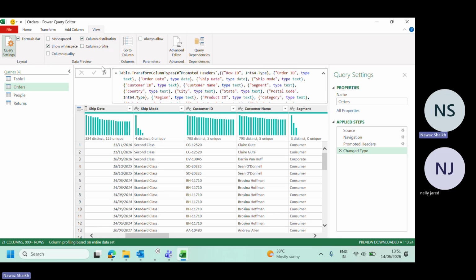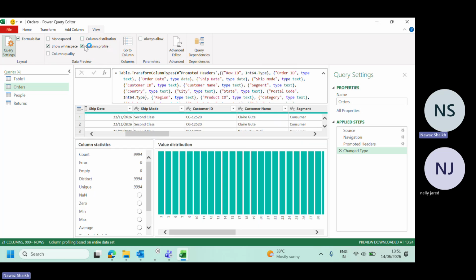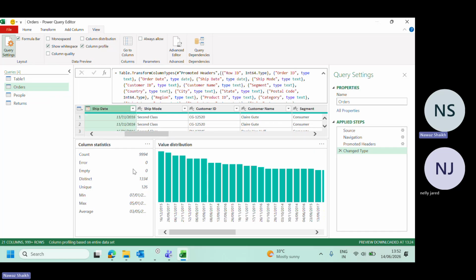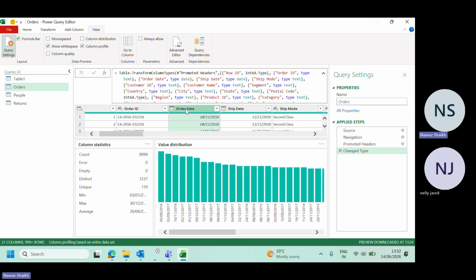Now let's try to analyze further. अब मेरे को और देखना है, तो what I can do is, इसको अनचेक करते हैं, कॉलम प्रोफाइलिंग को ऑन करते हैं। See, अब इससे क्या होगा, the column that you are selecting, उसका आपको डीप डाइव एनालिसिस मिलेगा कि उस कॉलम का काउंट क्या है, how many errors are there, how many empty are there, डिस्टिंक्ट रिकॉर्ड्स कितने हैं, यूनिक रिकॉर्ड्स कितने हैं, मिनिमम वैल्यू क्या है। यानी मैं यहाँ पे ये पता लगा सकता हूँ। ऑर्डर डेट पे आते हैं, let's try to understand कि मेरा सबसे पहला ऑर्डर कब प्लेस हुआ। So if I see over here, ओके, मेरा पहला ऑर्डर जो था 3/1/2014 में फर्स्ट ऑर्डर प्लेस हुआ था, और लास्ट ऑर्डर जो मेरा प्लेस हुआ था, that was 30/12/2017।